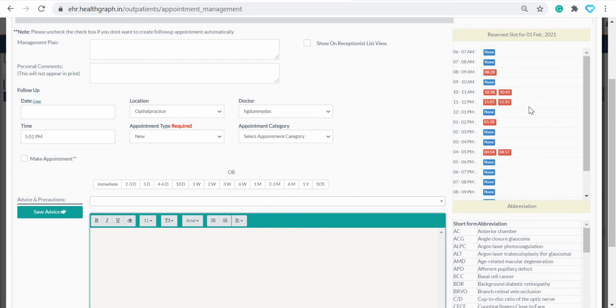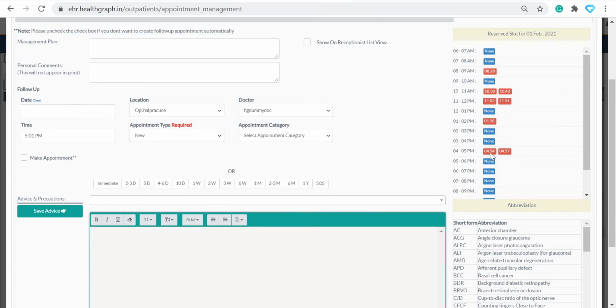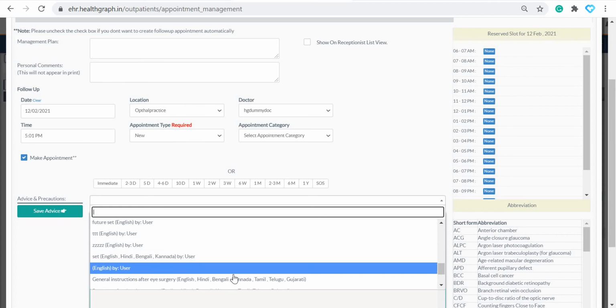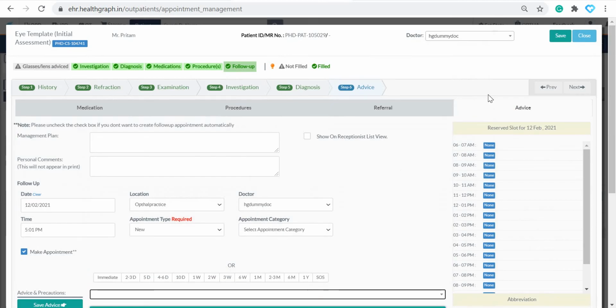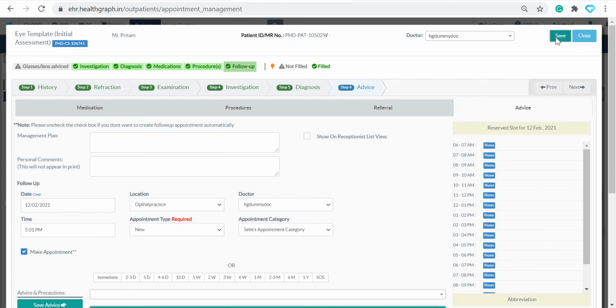Again if you want to call up patient for follow up and all, you can do all these things. Again reservation chart is available, like for which date what all the appointments already have been taken. So this is showing for today's appointment, but again, if any date that you want to choose here, it will show for that date. As you can see, it's clear enough. And then any instruction I want to select, I want to advise for the patient, you can say. Again these are all customizable, you can make a set and all those things you can do.